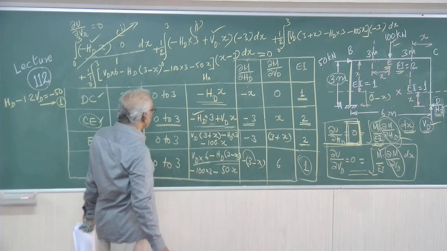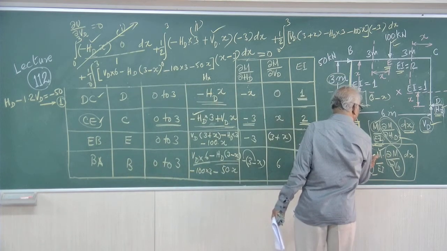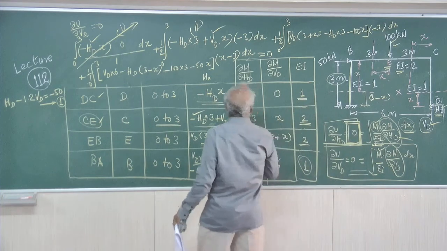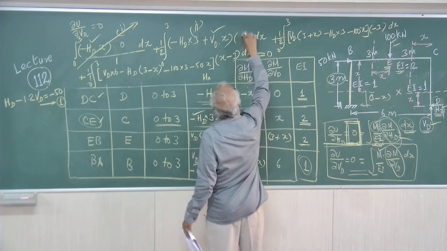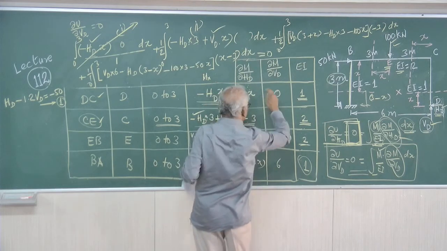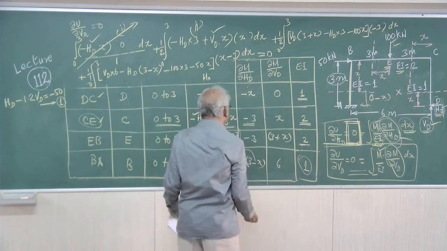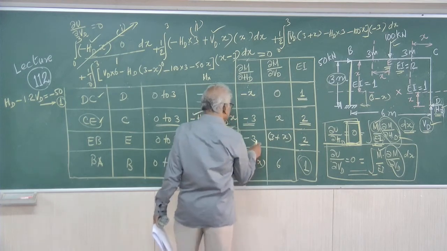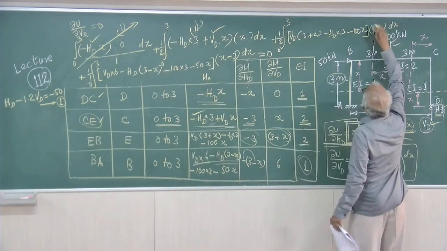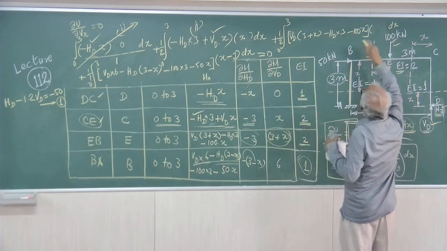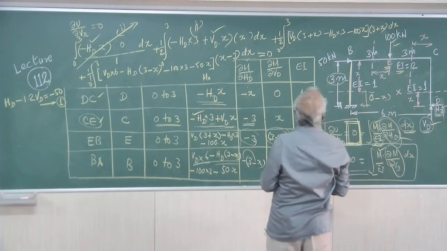Right. For the second part, m is the same equation. Dou m by dou Vd equal to x. So, in this place the equation is the same, the limits are the same, and here it is x. Similarly, for the third part, in the place of minus 3, you have to use 3 plus x. So, here the equation becomes like this: m into 3 plus x. Other terms are the same.